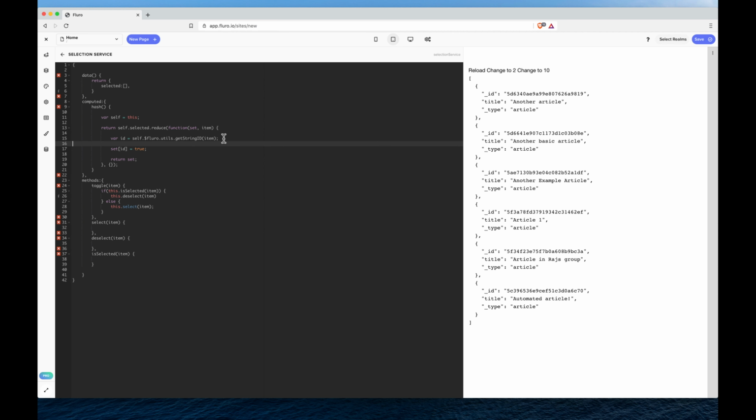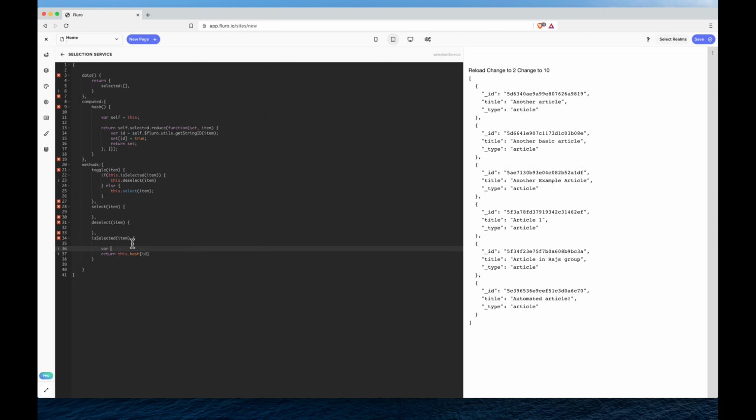So that will give us an object that looks something like this. A is our ID, would be true if it's selected. B would be true. Basically, it's always going to be an object which we can just quickly check what's selected or not. So in here, we're going to do isSelected, return if this.hash[ID],